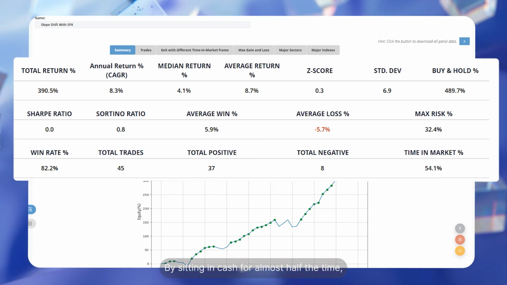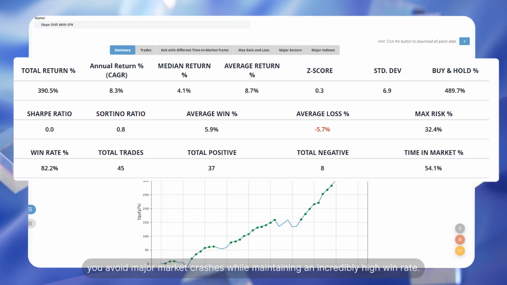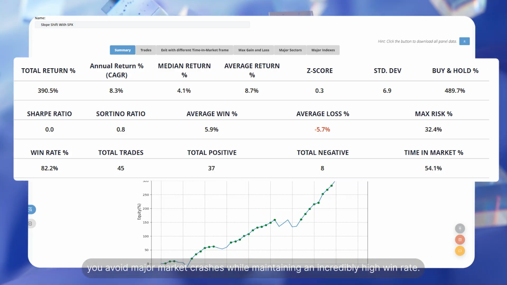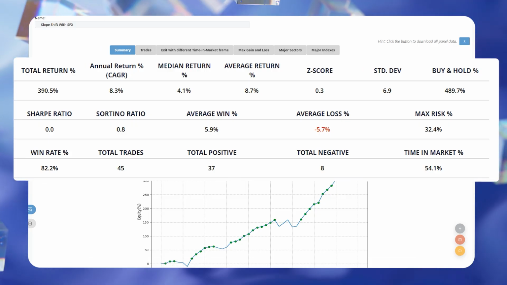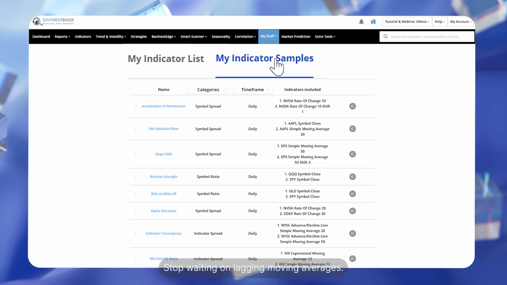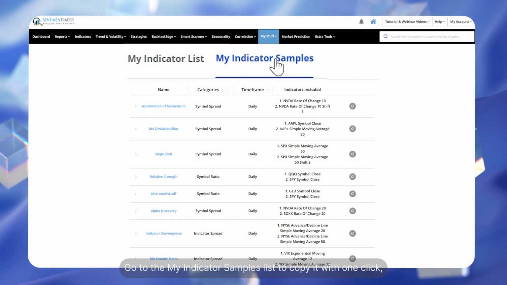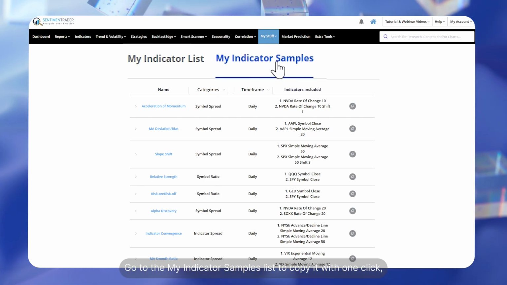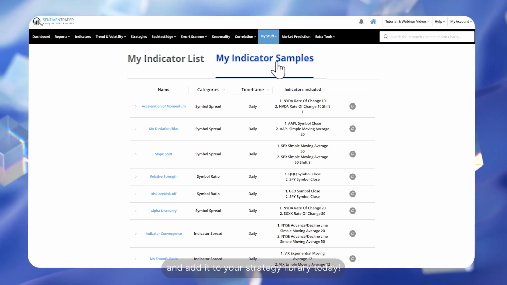By sitting in cash for almost half the time, you avoid major market crashes while maintaining an incredibly high win rate. Stop waiting on lagging moving averages. Go to the My Indicator samples list to copy it with one click and add it to your strategy library